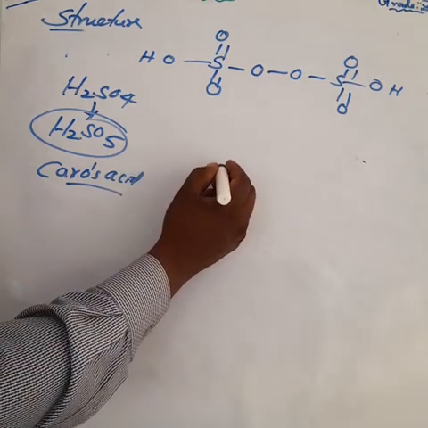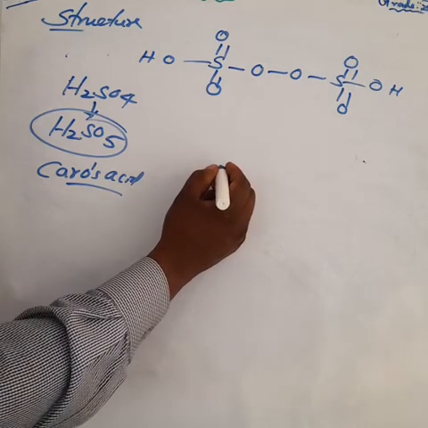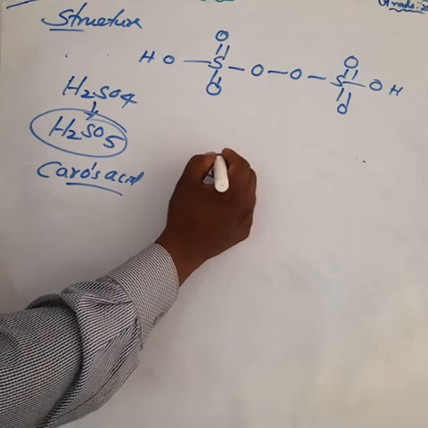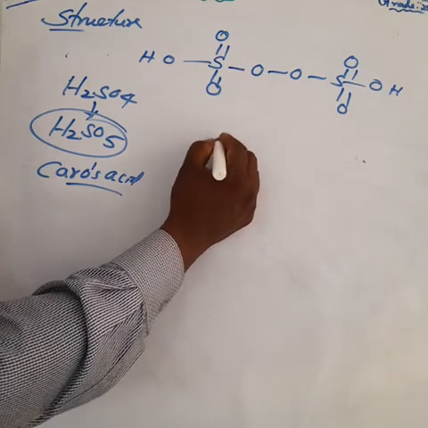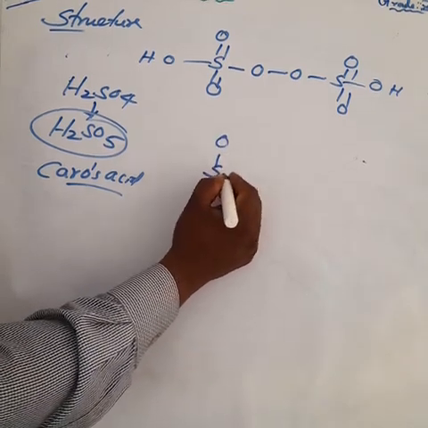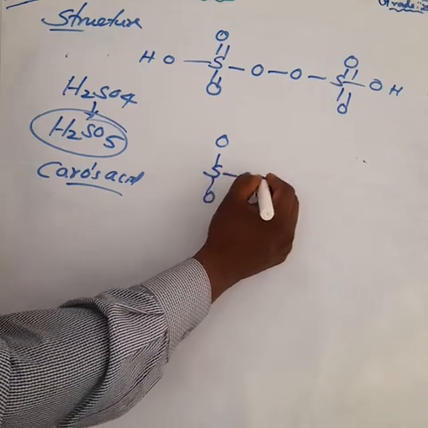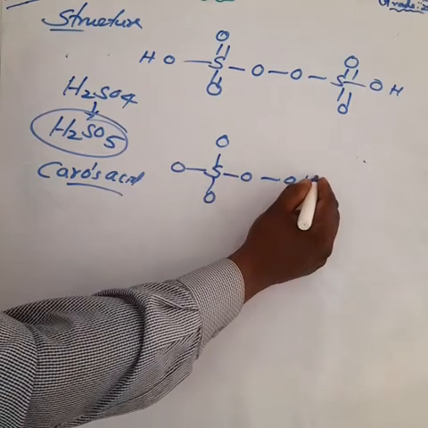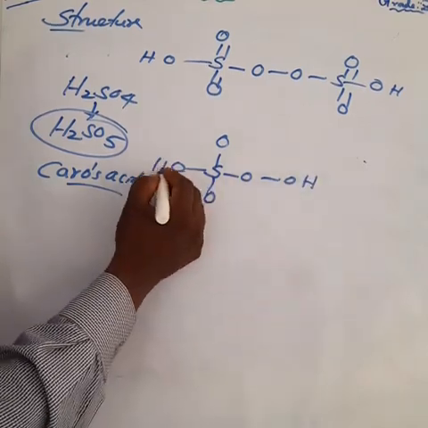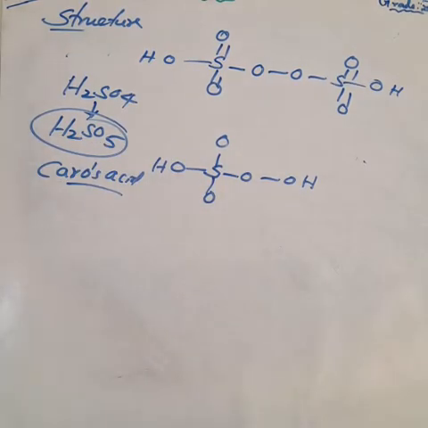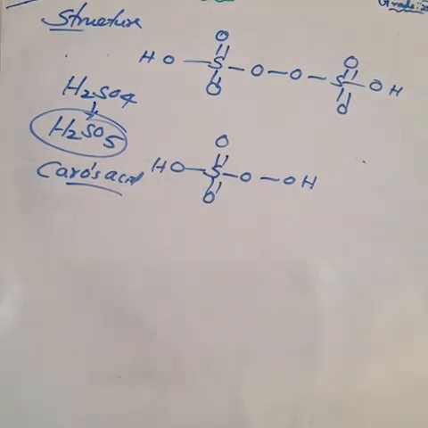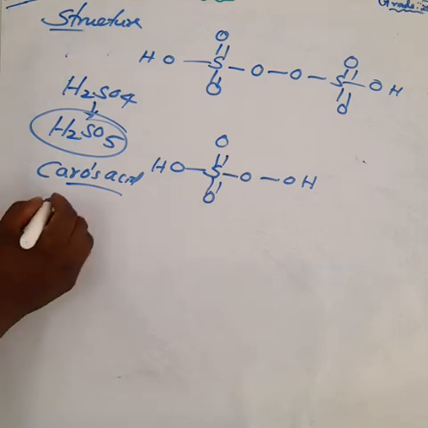Then the structure. That is 5 oxygen atoms. Sulfur is surrounded by 4 oxygen atoms: upper one, below one, side one, next side one, again one more side one. Okay, so 5 oxygen atoms are over. How many hydrogen atoms? 2 hydrogen atoms, on both sides. Sulfur oxygen bond double bond, sulfur oxygen bond double bond. Okay. The next, last one.